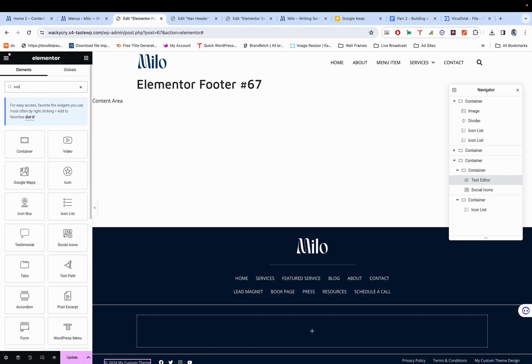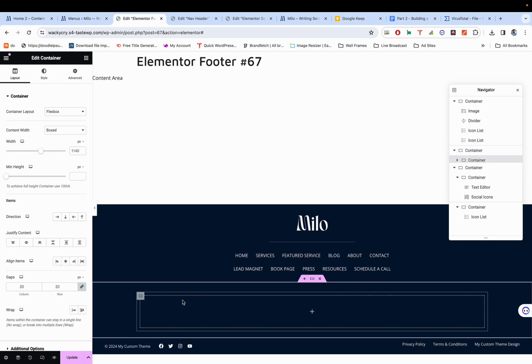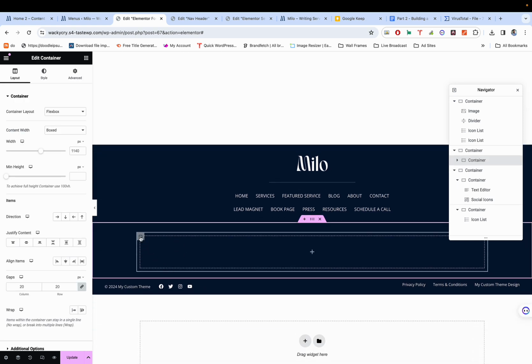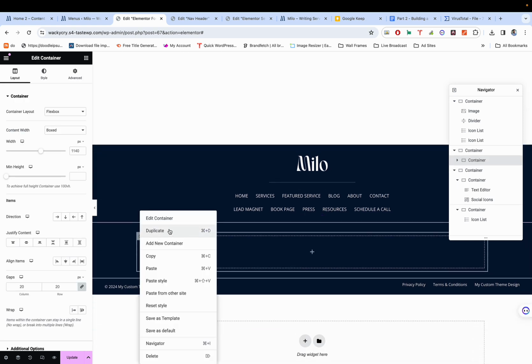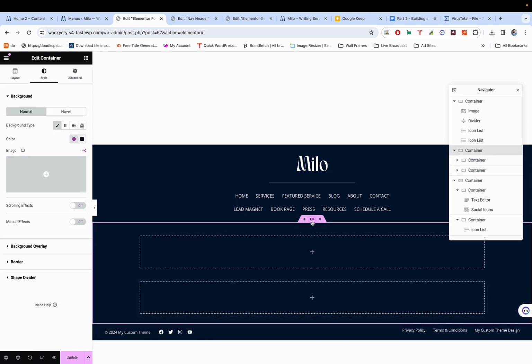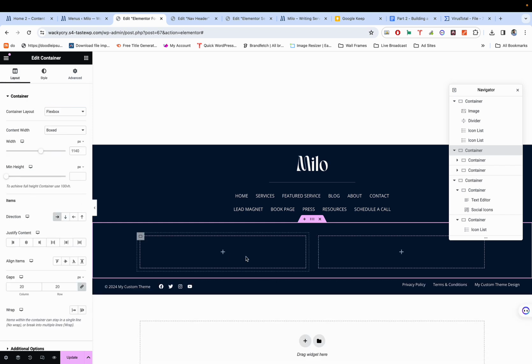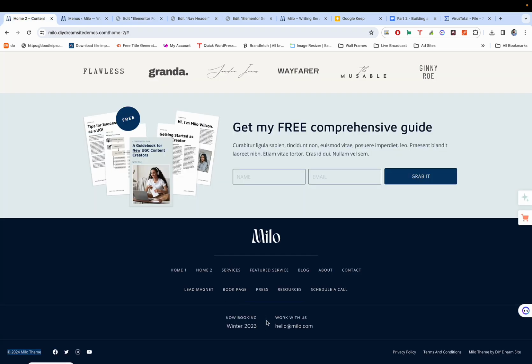I'm just going to drop two containers stacked side by side inside this large container. So this is container 1. I'm going to duplicate this. It is most likely going to stack on top of each other, but you already know how we do it, right? We click on the mother container and we go to layout and we set the direction to go from left to right. So you can see now the containers are stacked side by side. The next thing we'll do next is actually, because we need to put this